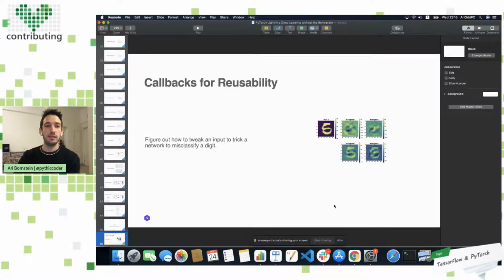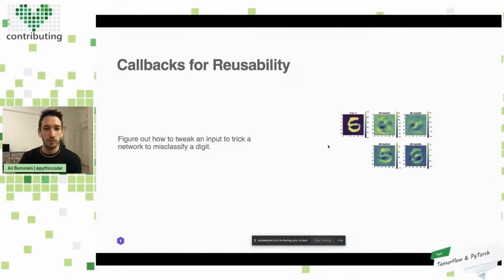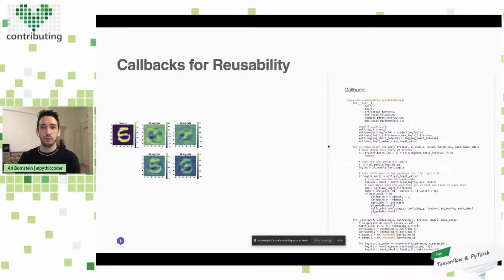So here we can see, for example, if I want to put in an adversarial callback that tries to trick my model for MNIST, which classifies a digit, and I want to create an adversarial input to trick it into making a wrong decision, I can create a callback for creating essentially confused logits.